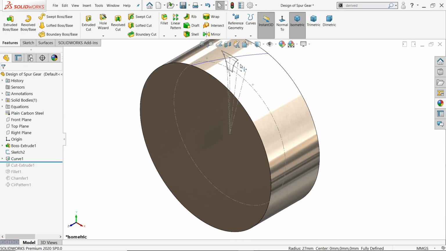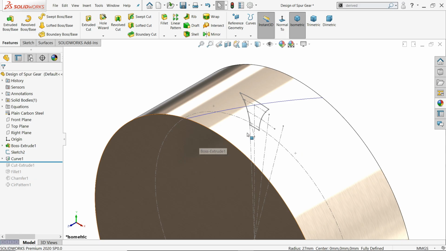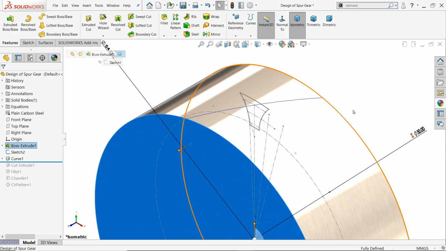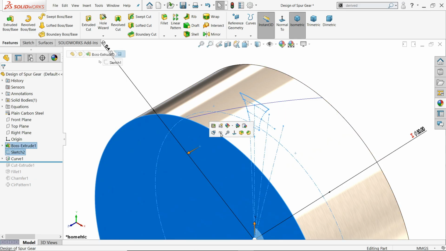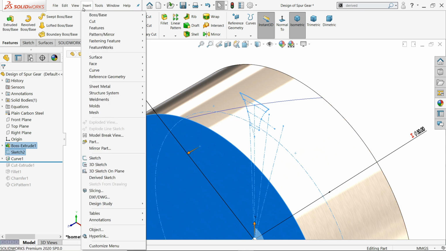Now we want to mirror and impose this geometry on both the faces. So there is one command: you can simply hold the control key and select this face, both select, insert, click derive to sketch.